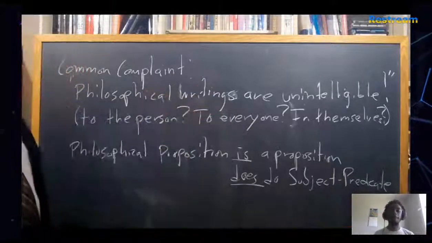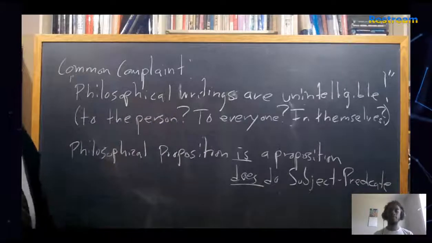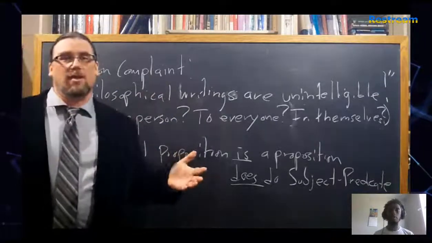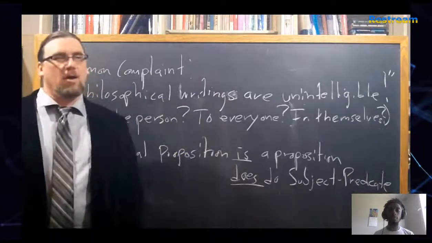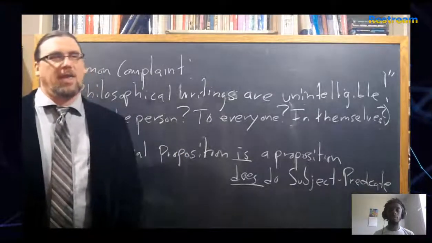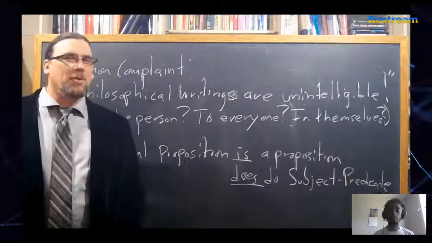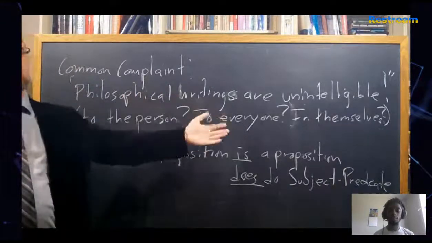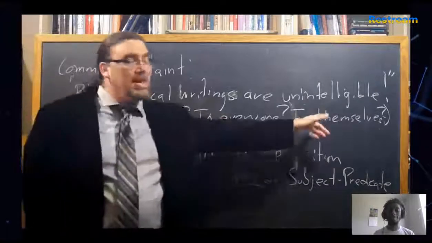Philosophical writings are unintelligible. Here's a bunch of questions that we ought to be asking that person. When somebody says that they're unintelligible, do they just mean they're unintelligible to me, and that's a mark against me? Because maybe they are intelligible. A lot of other people say that they are. I just can't seem to get it. That's not usually what the person is saying, though, is it? Usually they're saying, well, because it's unintelligible to me, it's unintelligible to everyone. Right. Or it's unintelligible in itself.